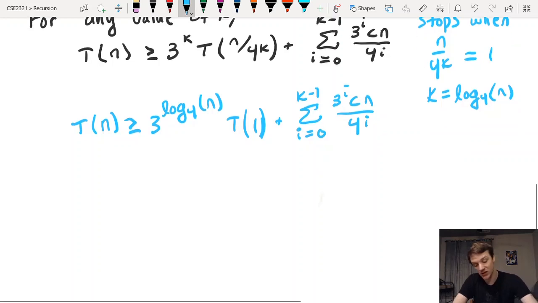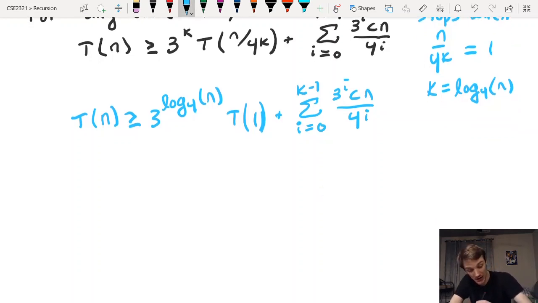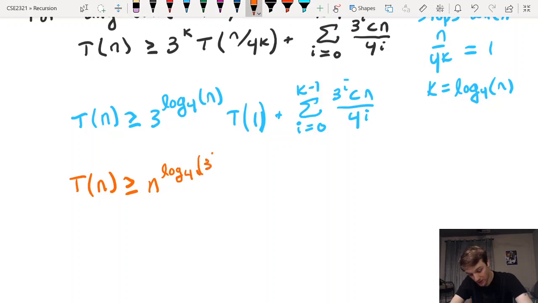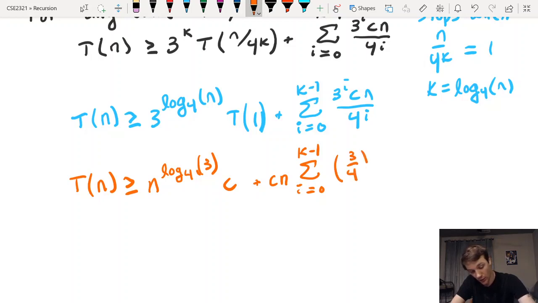Now I need to analyze that summation. So let's try and do that in place here, actually, this time. So we have t of n greater than or equal to... I'm going to do a couple of things at once here. 3 to the log base 4 of n, I can rewrite as n to the log base 4 of 3. T of 1 I know is equal to c, because that's my base case. Plus, I can factor a cn out of that summation because they have nothing to do with i. Then I have the sum from i equals 0 to k minus 1 of 3 over 4 all raised to